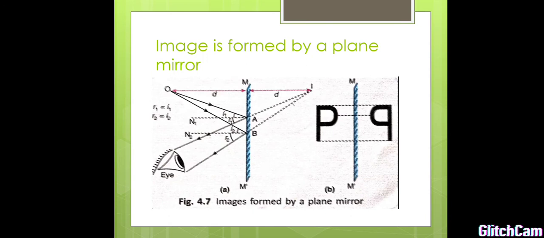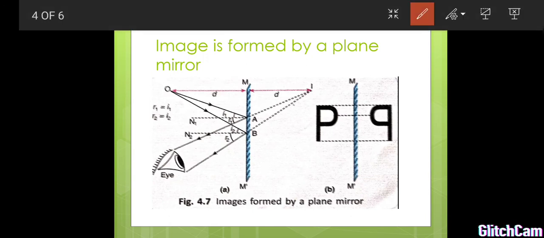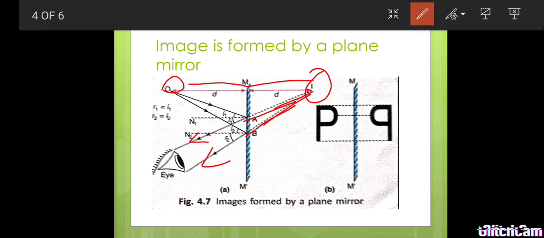Next we go for how the image is formed in a plane mirror. Here this is the object. From the object two rays are incident on a reflecting surface. After incidence they are reflected back. Here these rays do not meet. So how do they appear to meet? We extend these lines in a backward direction. They appear to meet at a point. At this point we get the image. So here the distance between the mirror and the object is equal to the distance between the mirror and the image. And the image is also upright. But what is the main difference here? The left looks like a right and the right looks like a left. This is called lateral inversion.